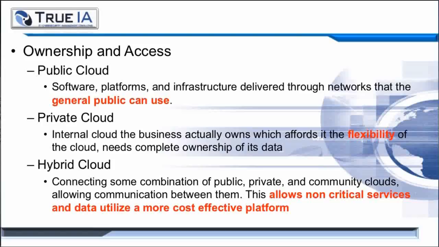So there are multiple offerings of the cloud, public clouds, private clouds, even hybrid clouds. The difference between them is the public cloud is there for general public use. Anyone can use it. Google and Amazon have free offerings of the cloud. Private clouds, only you and your organization have access and ownership of the private cloud. This helps when an organization needs complete ownership of its data and its data resources, or hybrids of the two.